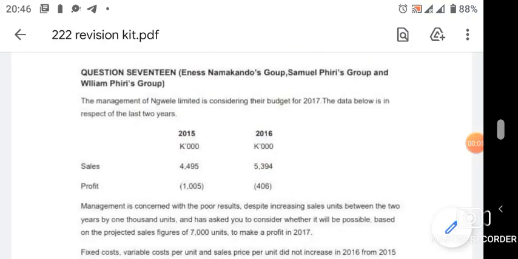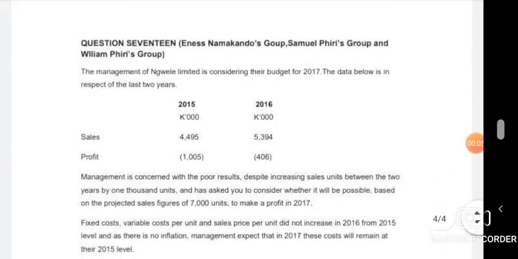Answering this last question here in this document, it's saying that the management of Ngwele Limited is considering their budget for 2017. The data below is in respect of the last 2 years. So you have that table: 2015, 2016, you have the sales and profit. Take note,